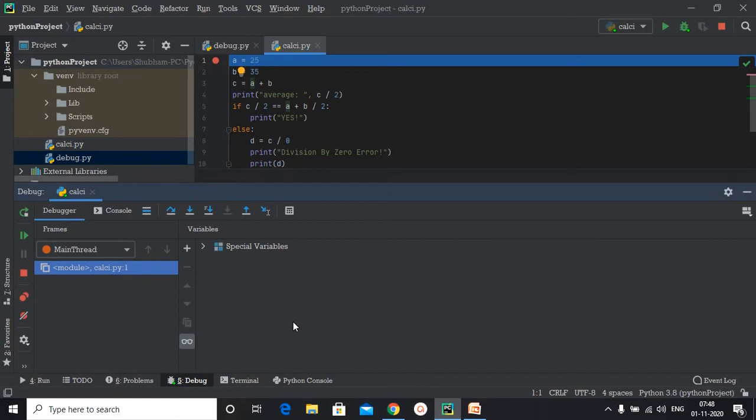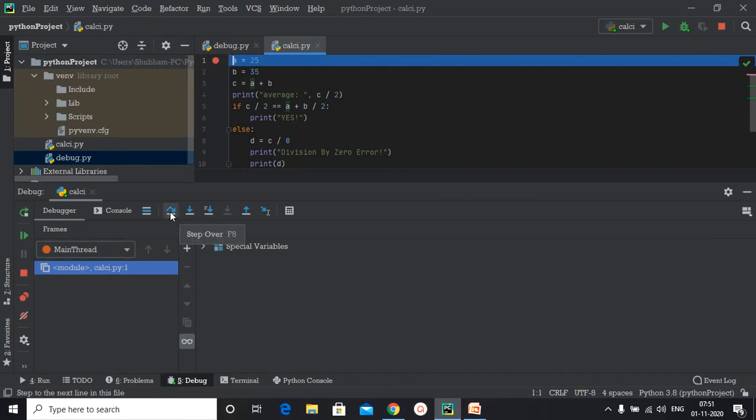Now this is different from the window that appears when we run our program. Also, if you look closely, then the line where we placed our breakpoint has turned blue, or it is highlighted in blue color.